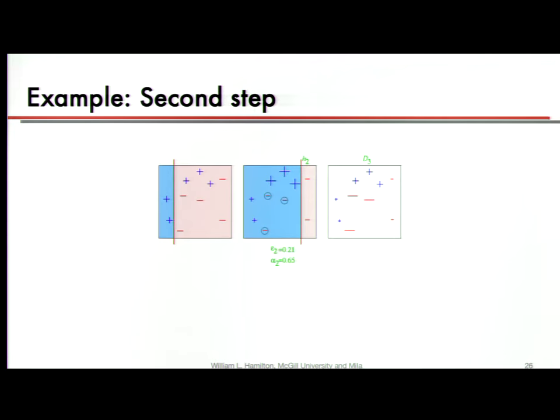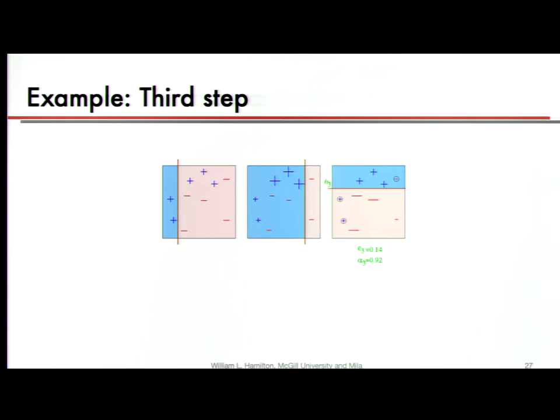Well, now this one's going to be paying more attention to these three because we misclassified them in the first one. So now we've moved and we make another decision boundary. This new decision boundary has another error rate and another amount that we want to pay attention to it. And now we're paying even less attention to these two points, we've classified them correctly both times, so we don't really care about them anymore. But now we're misclassifying these three red ones, so we're going to learn another decision boundary.